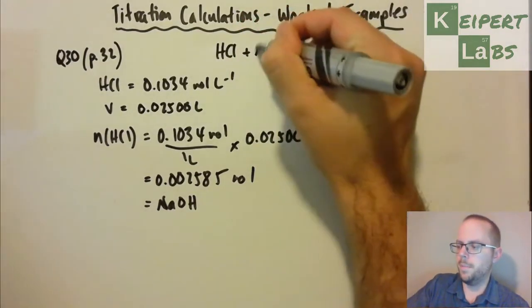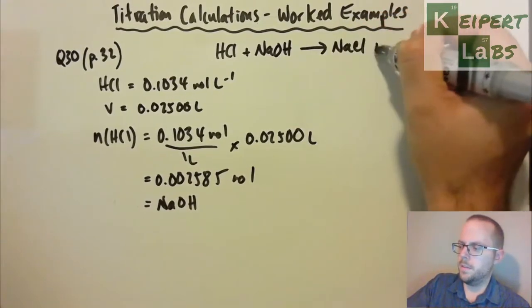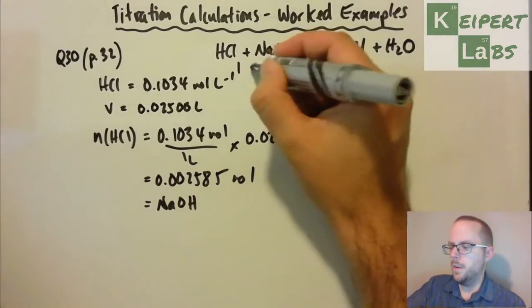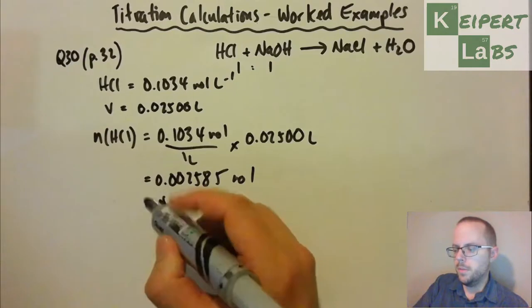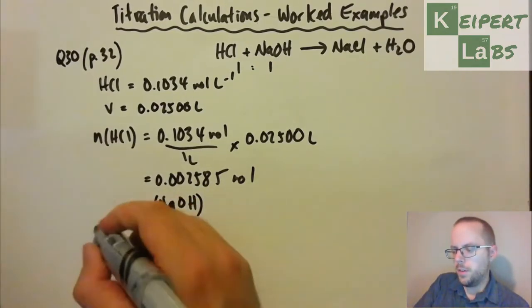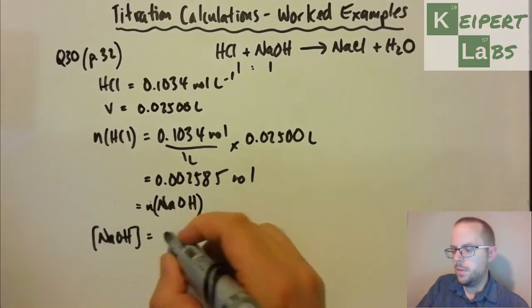I should have written it up at the top to start with. It looks like this. Very simple. Okay, so we've got a 1-to-1 mole ratio, so therefore it's equal to the number of moles of sodium hydroxide as well. So therefore our concentration of sodium hydroxide, using our bracket notation, is our moles